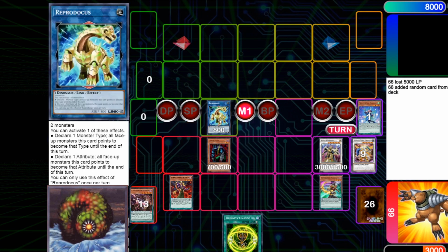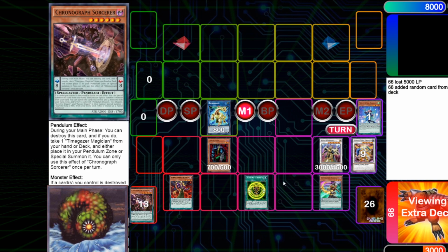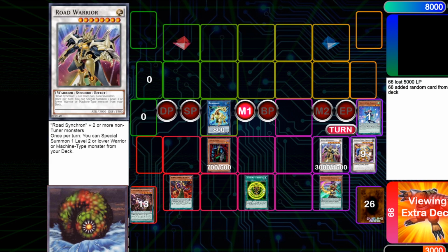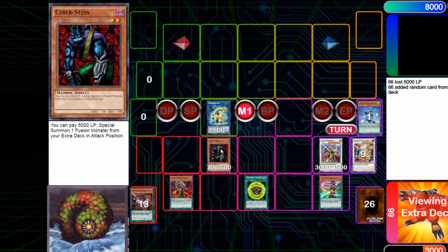So now you just go Reproducus. Reproducus will make Cyber-Stein a Psychic type. That's important because in case you guys don't know what this does, you can only equip this on Psychics, and it says you don't have to pay life points to activate the effects. We used 5,000 life on Cyber-Stein just to make Power Tool by summoning Charubin the Fire Knight, and now it's